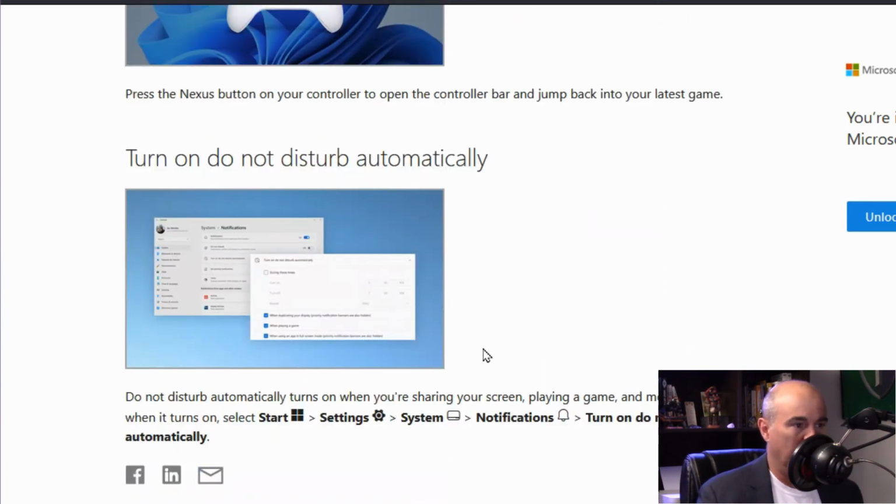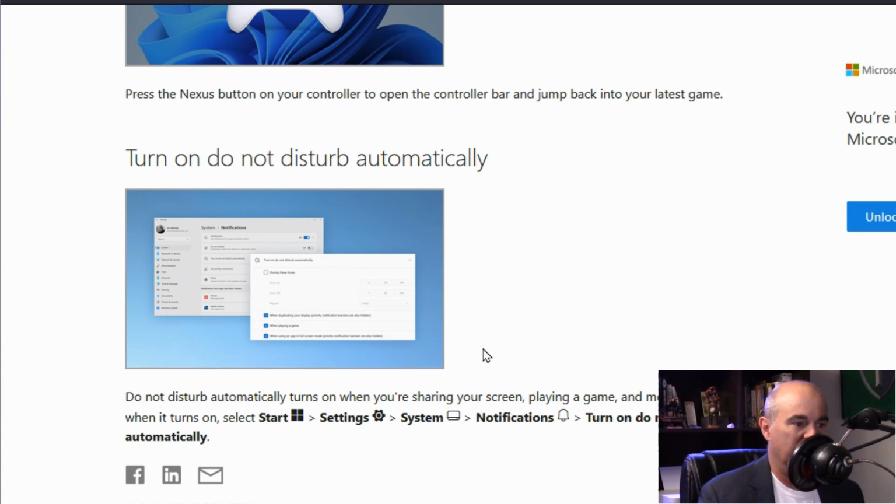And then there's a do not disturb that you can set to turn on automatically based on a schedule. So that can be very helpful if you're doing this on a somewhat regular basis at a scheduled time. Then you can actually schedule your